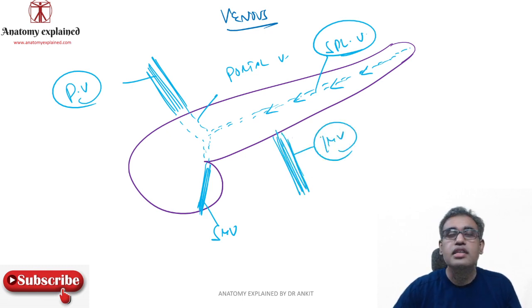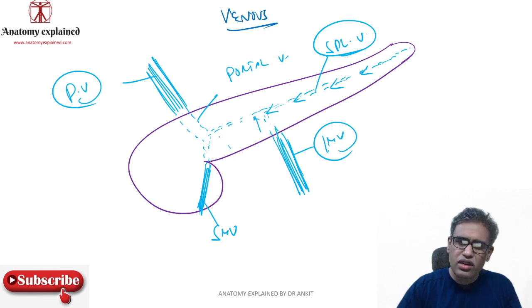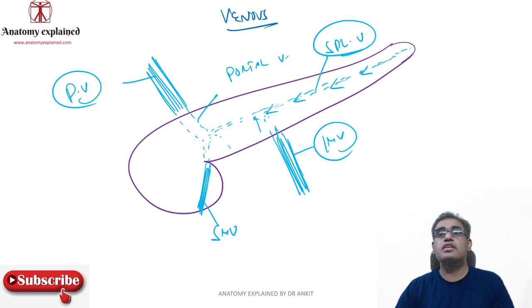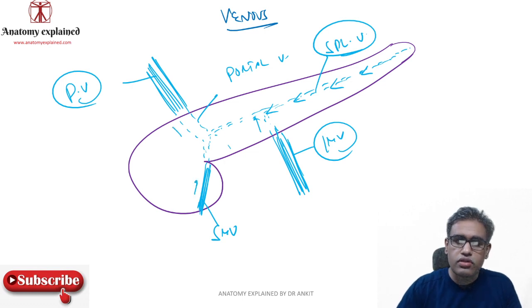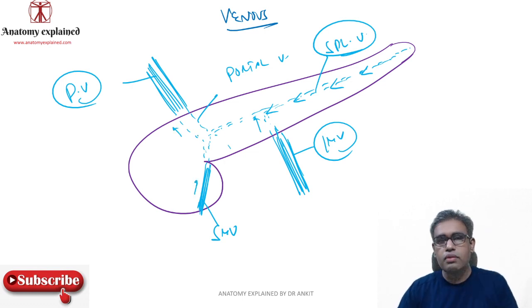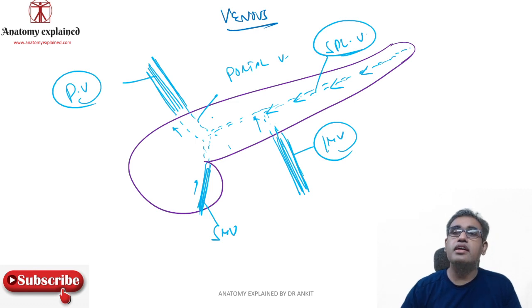That is the inferior mesenteric vein, which goes again behind it, and it normally drains into the splenic vein or somewhere close to the junction of splenic and superior mesenteric vein. So the direction of blood is this over here. This is the common portal circulation, but here we are talking about the pancreatic veins.